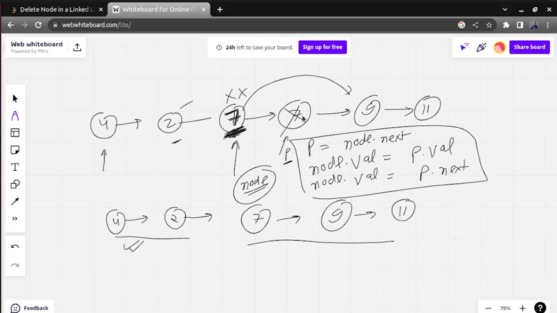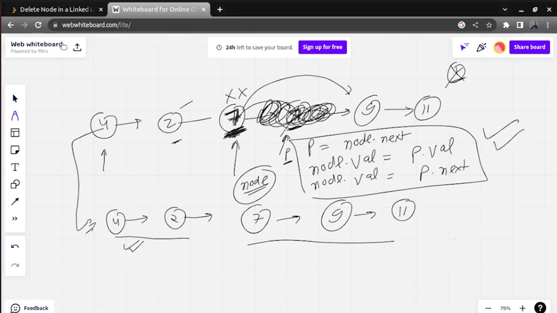So basically what we have done, first of all we have made one pointer which is just next to the given node. Then we have copied the value to the previous node. Okay, so they told delete 1. So what we have done, we have copied this value to previous node and we have broken this connection. Once the connection is broken, it will be like this.